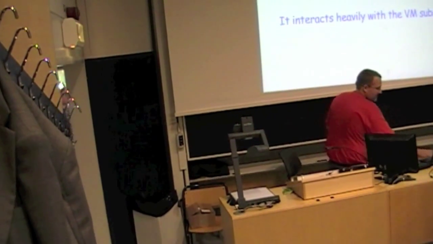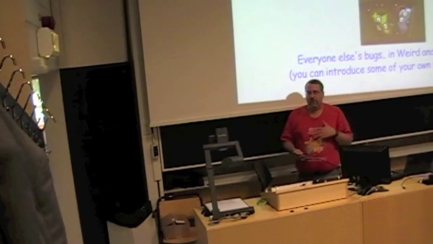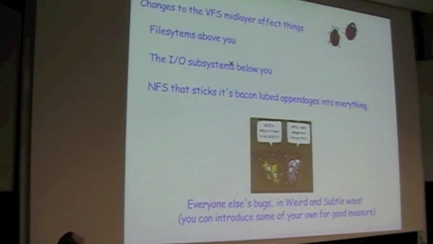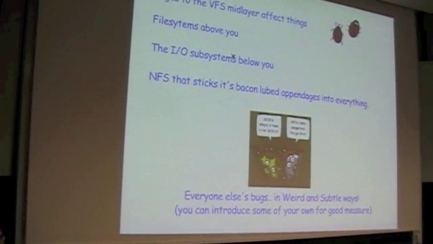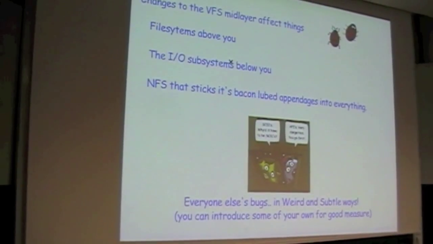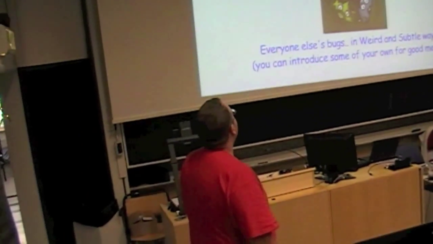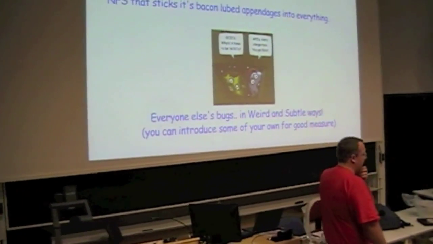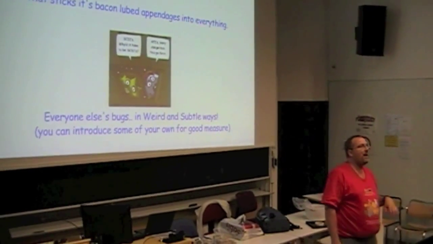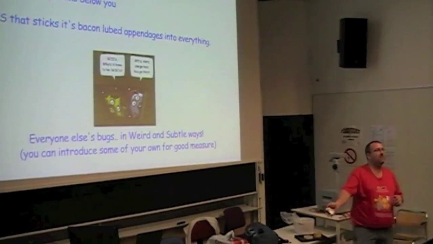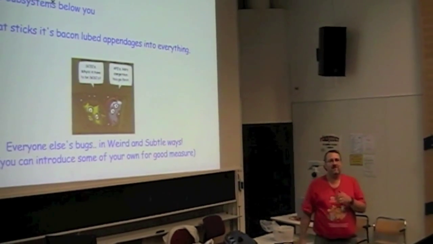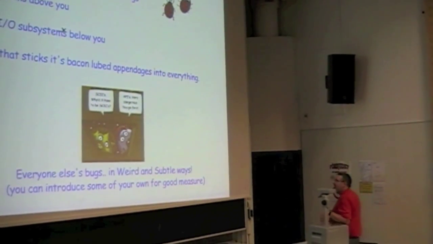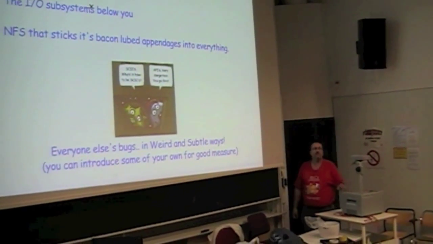So, onward and upward. When you change the VFS mid layer, or you change how it behaves in any way, they affect things. They affect the file systems in the layer above you. It affects the I/O system below you. And there's this thing called NFS, which is this gigantic layering violation written by Sun in the 80s, which kind of pulls packets off the network, mangles them, and shoves them onto disk somewhere else and pretends like it's a disk locally. It has this unfortunate property that it's used in very sick and twisted ways by our build system,